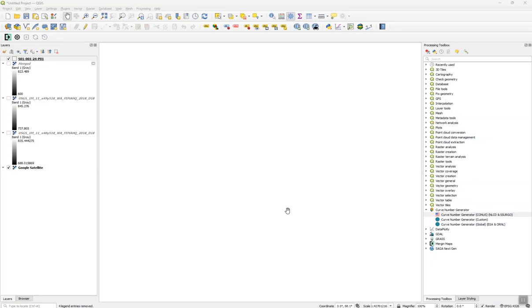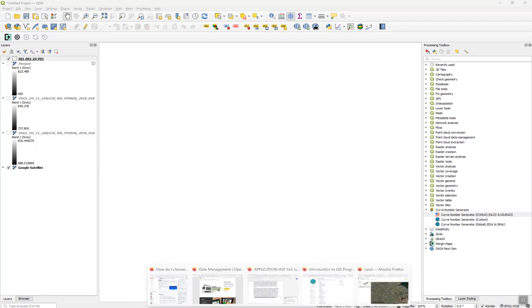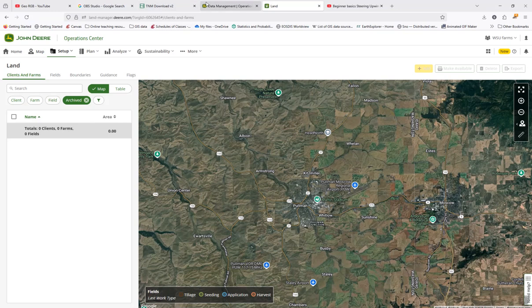Okay, so it's been a long time since we went over how to bring in a digital elevation model and some of the parts of QGIS. So I was just going to go over those. Hopefully, I'll be able to do this in 20 minutes. You're going to open up QGIS, an untitled project, and then where I get my digital elevation models is